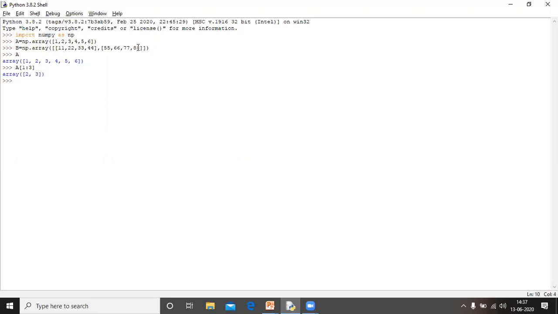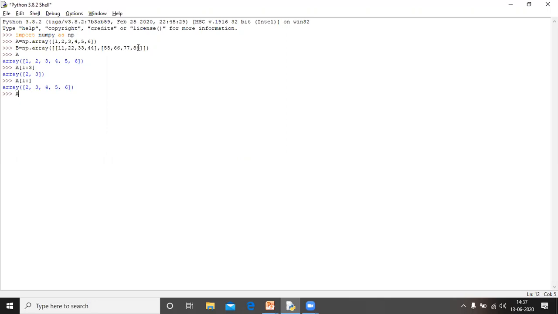Okay. If I write A[1:], it means we are not giving the end position, but start from index 1, that is 2, up to the end of the array. It means 2, 3, 4, 5, 6.